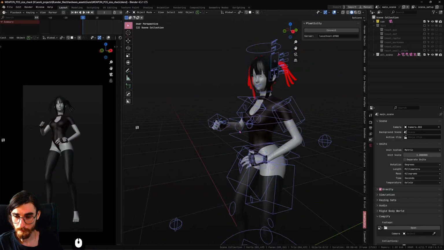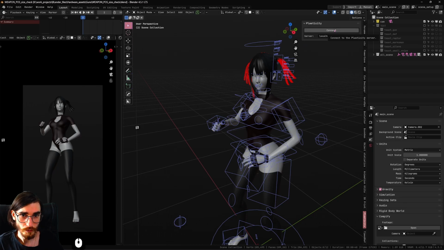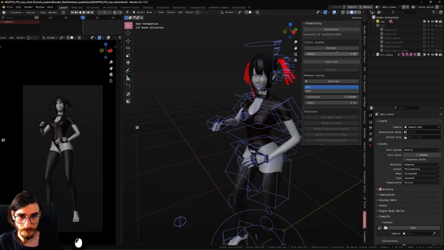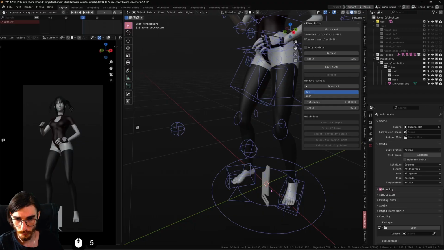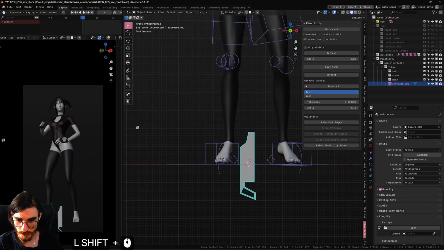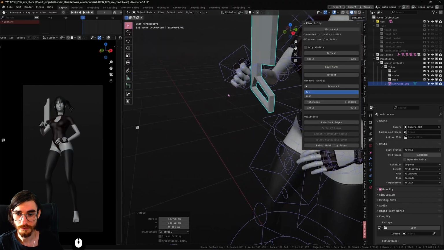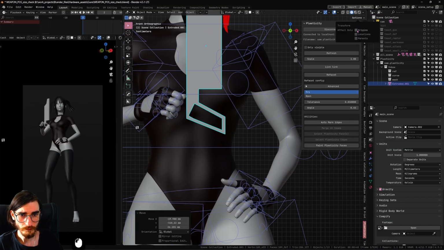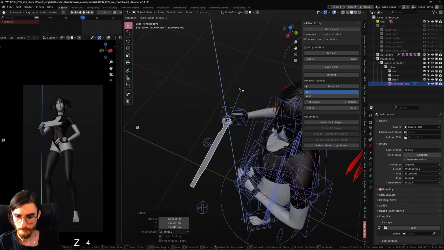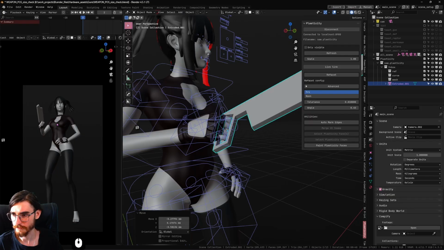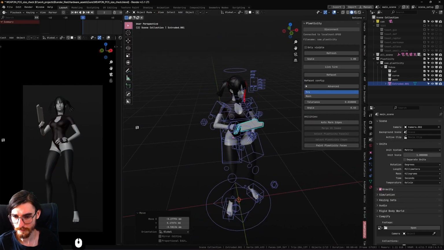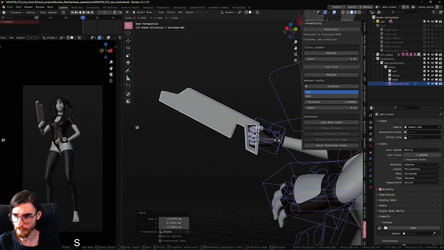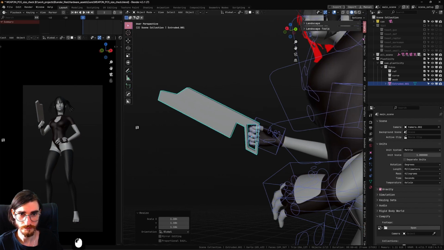Here's my beautiful model, and I will connect the Plasticity and just hit refresh. Here we go. Here's the sole, and I will just put it somewhere in her hand. Just move the origin here. Definitely has a nice look to it. I'm not sure, maybe it should be just a little bit bigger, but it definitely